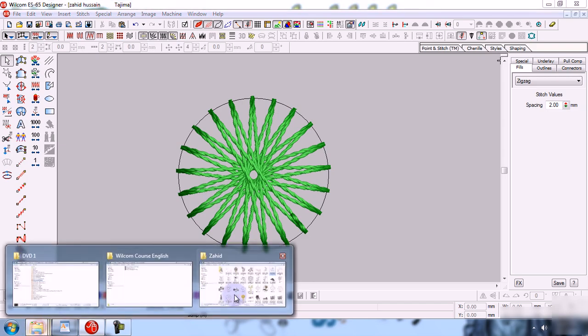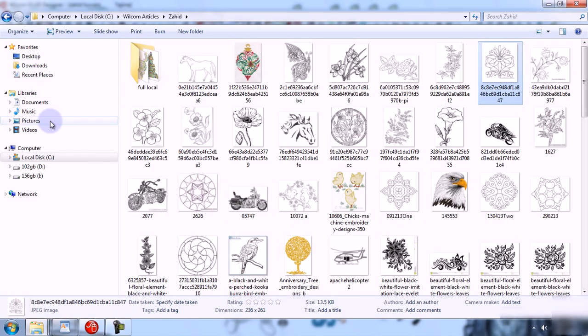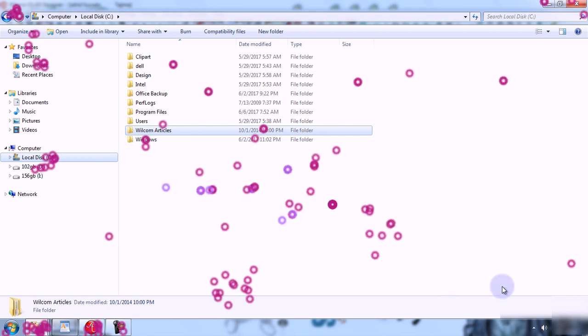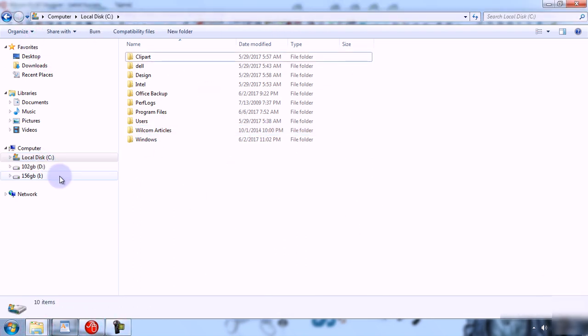Now we can see local drive C. The design has been saved in local drive C, but it is not showing in My Computer, so there may be some problem. This design is present on the local disk drive, but it is not showing in My Computer. In Wilcom software it is showing, and we can open and use it there. It is not a big problem.